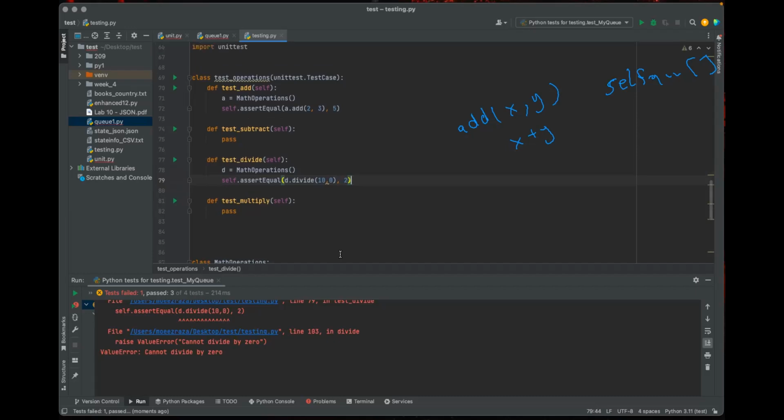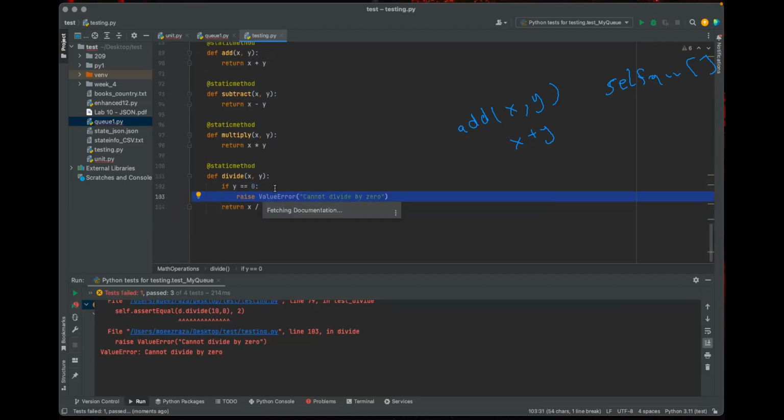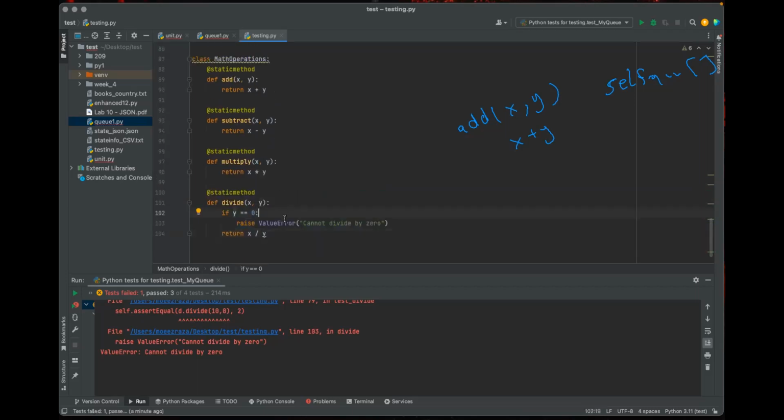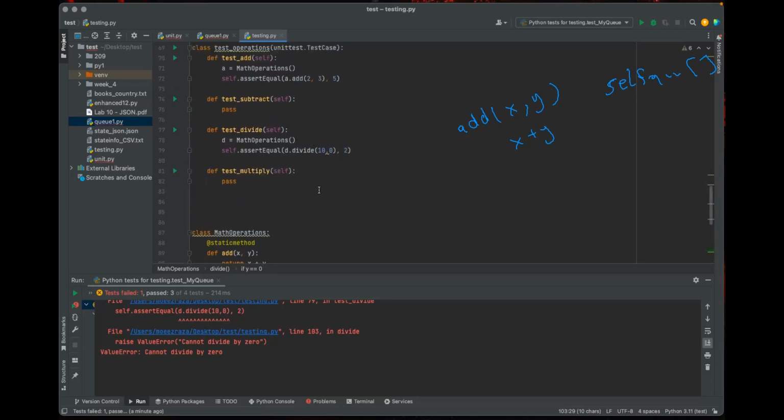Can you go to line 103, like he's highlighting to you here? So this is the value error that we talked about. If you're trying to divide by 0, it will raise for you, cannot divide by 0. Okay, so that's the error that it will pass to you, right? So I want you to write a test case for division by 0. Instead of this method test divide, make another one, test division by 0.